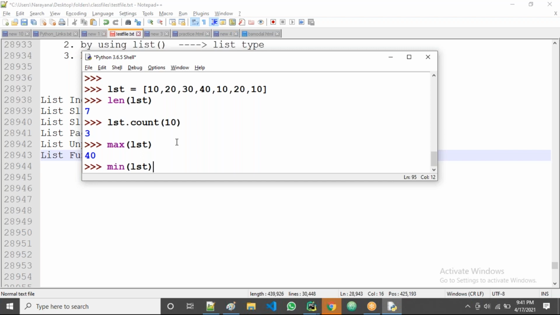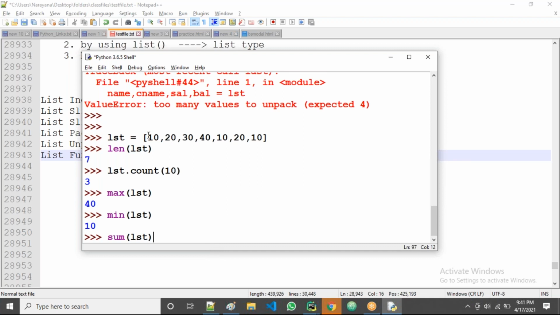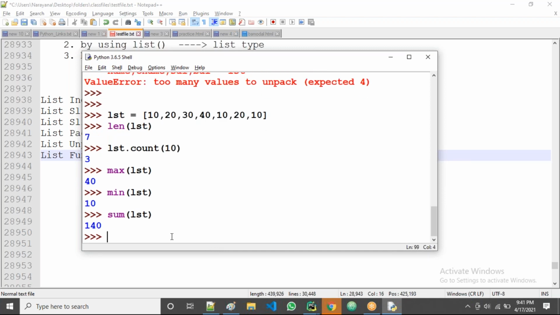What is the minimum value here? Then sum of the list. The sum of the list here is 140. So max, min, sum, length, and count, and count we have seen. All clear, right?